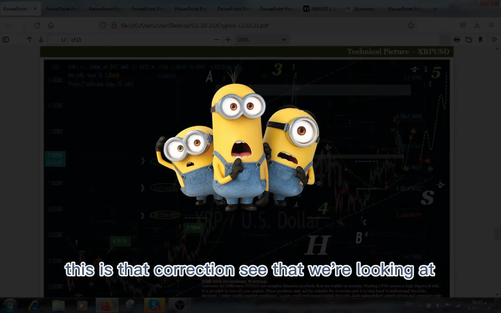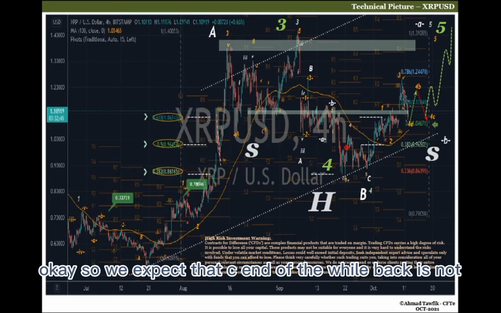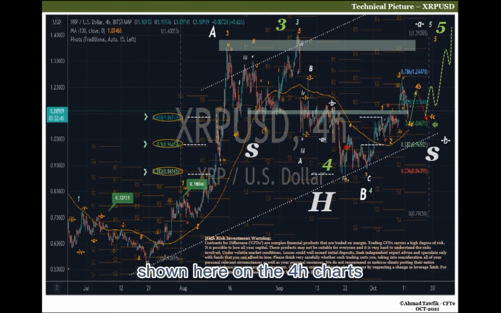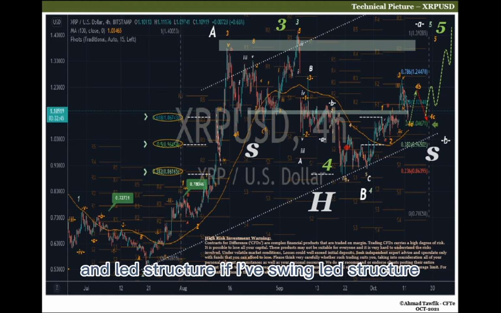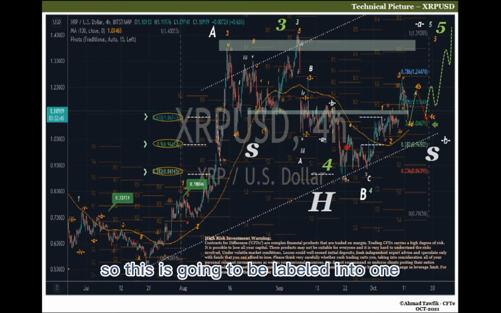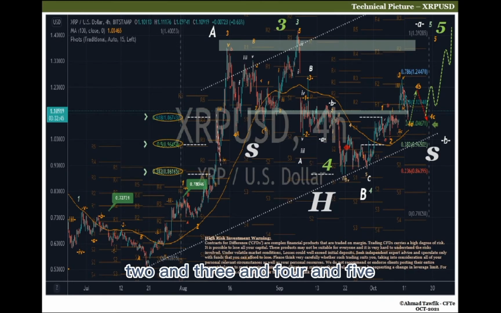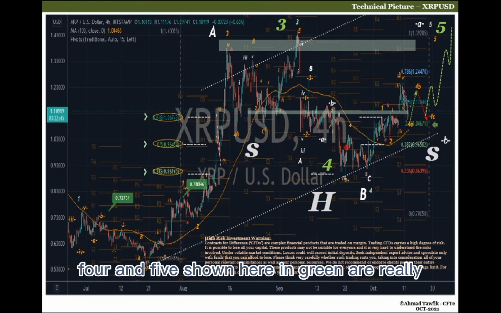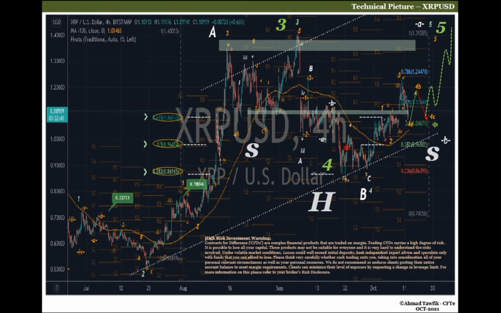This is that correction C that we're looking at. Okay, so we expect that C ended a while back. It's not shown here on the 4-hour charts. What we are looking at now is an Elliott structure, a 5-swing Elliott structure. So this is going to be labeled into 1, 2, and 3, 4, and 5, of course, with 3, 4, and 5 shown here in green